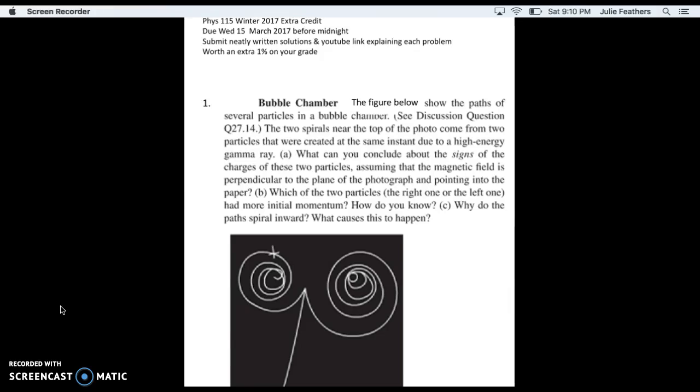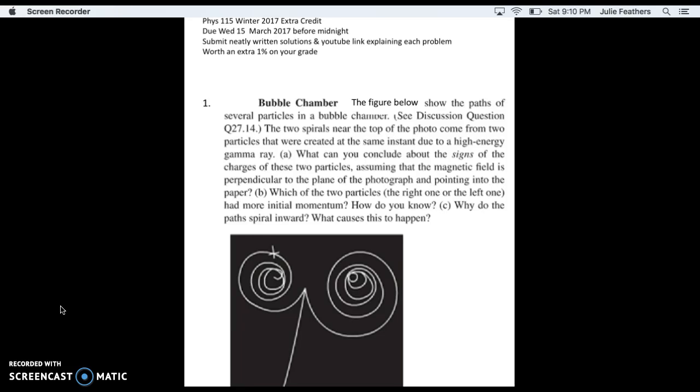And so knowing this, I can tell that the sign of the particle to the right is positive, because if the magnetic field is going into the paper, and we know that a particle of a q charge with a velocity traveling through a magnetic field will experience a force at a right angle to its motion. So in this case, if the magnetic field is going in and this particle is going off to the right, V cross B will exert a force that makes the particle go in a counterclockwise direction. So I know that the particle on the right is positive because it is traveling in a counterclockwise